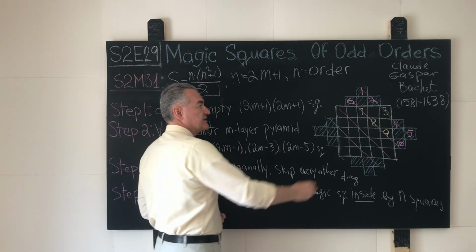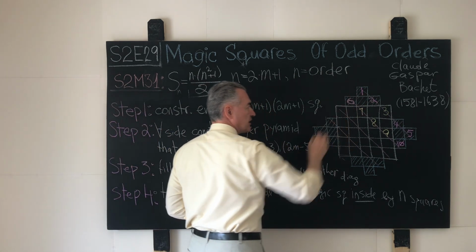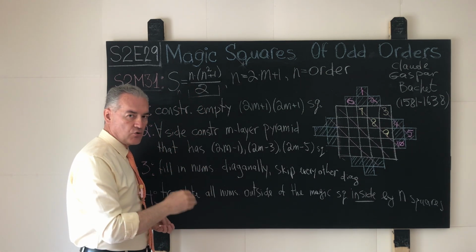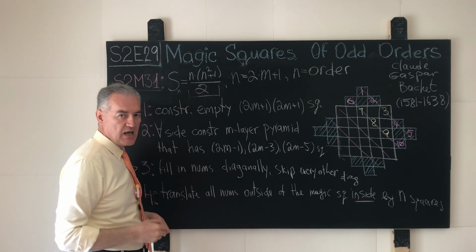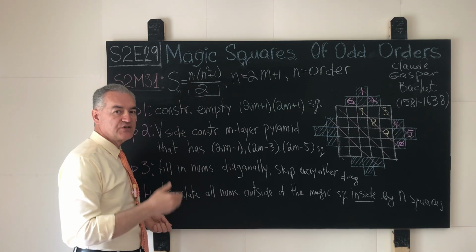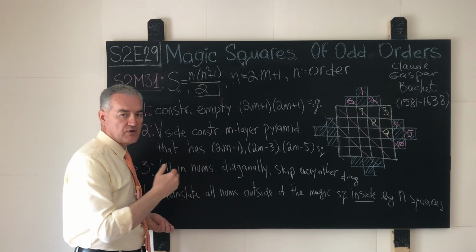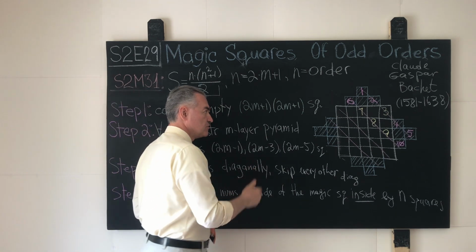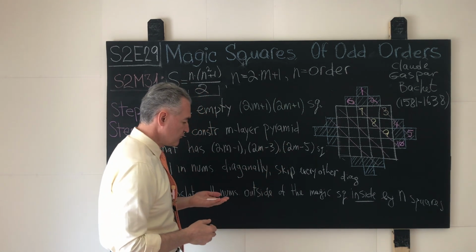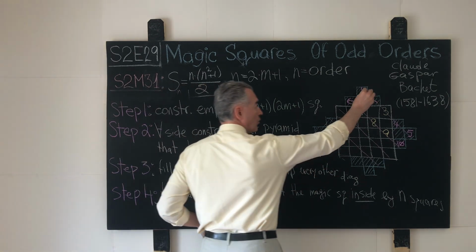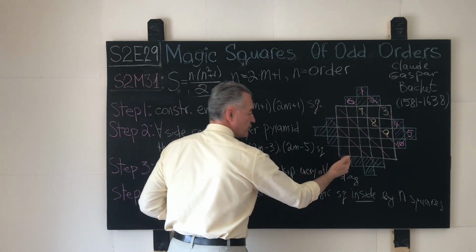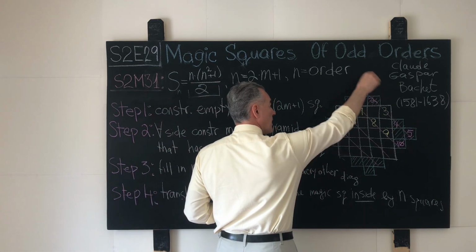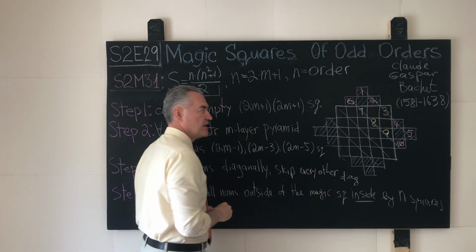Any number that sits outside of the given magic parent square is translated vertically or horizontally, as the case may be, precisely by the number of squares that is equal to the order of the underlying magic square. We will see how that works, but for example, just to give you one straightforward demonstration, let's say we take number 1 shown over here. The order of this magic square is 5, and because this number sits above the topmost edge of our square,